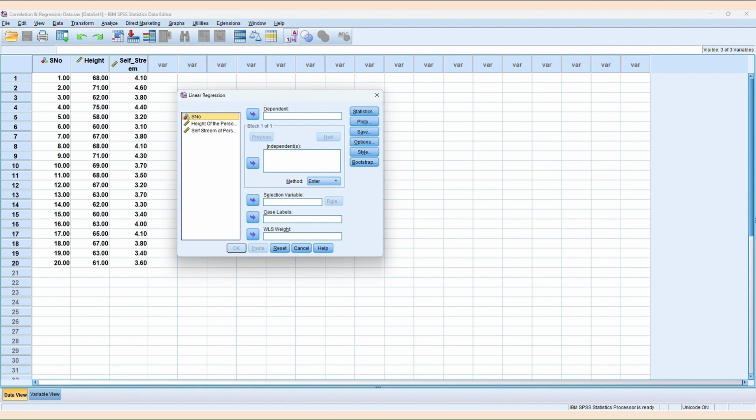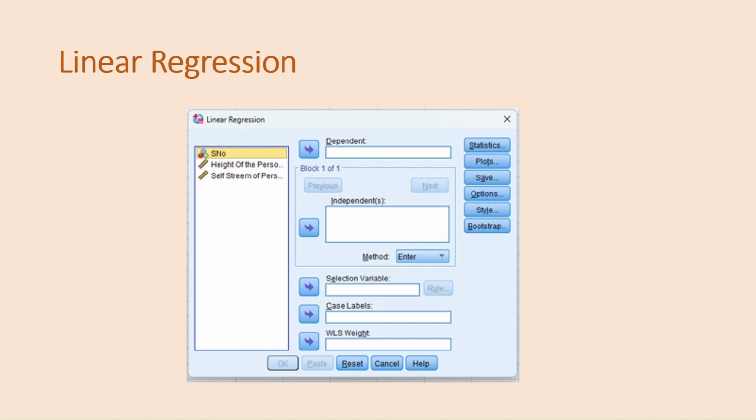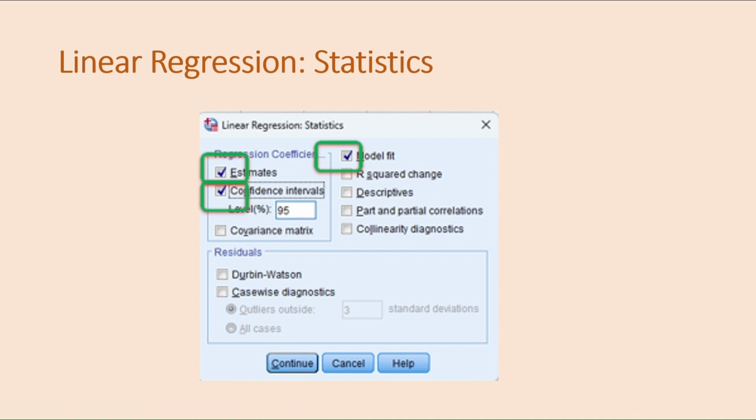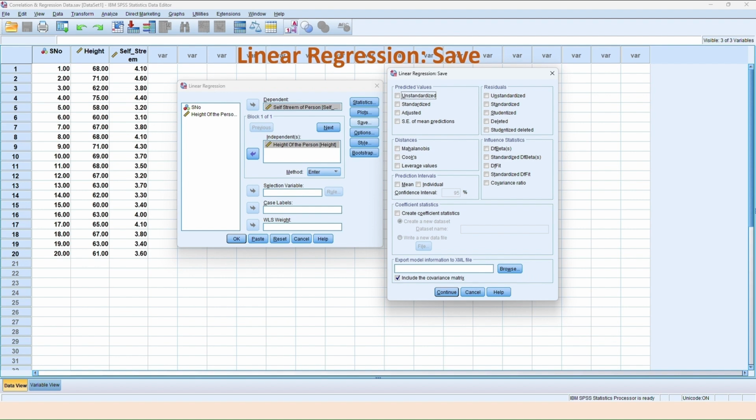The Linear Regression window opens and we enter the height variable in independent and the self-esteem variable in dependent, and press the button Statistics and check the model fit and estimates and press Continue. We also check the confidence interval at 95% level and press Continue.